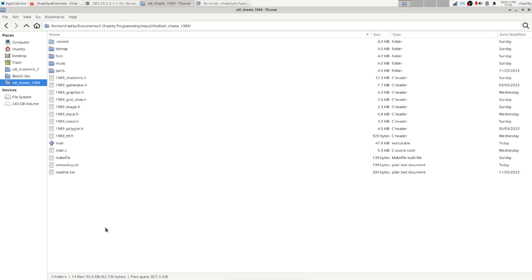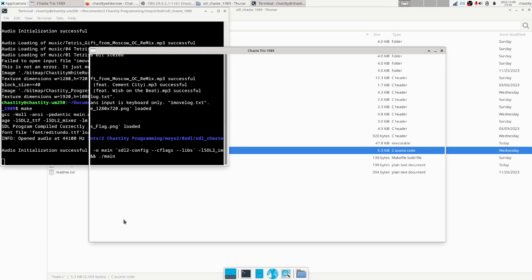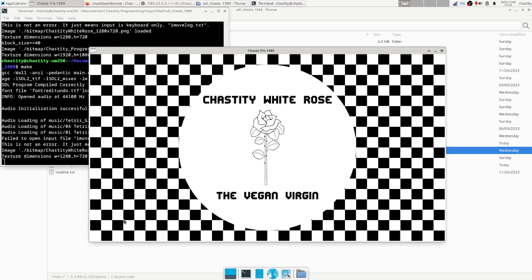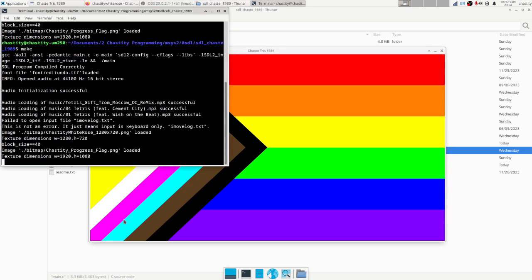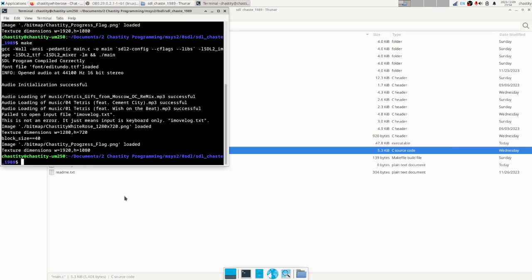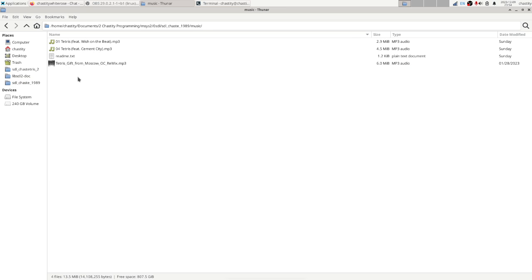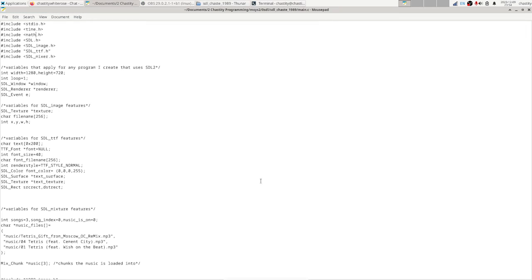So what I'm going to do is make some changes. First of all, let me try something. See, it takes time to load the audio files when the game first starts. But because I'm going to be in the process of development, let's see here. Okay, there's the files. I'm going to disable the music, and how I'm going to do that